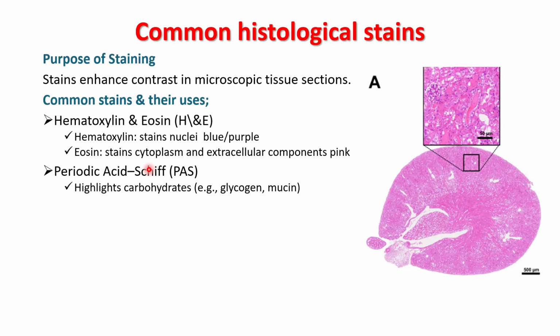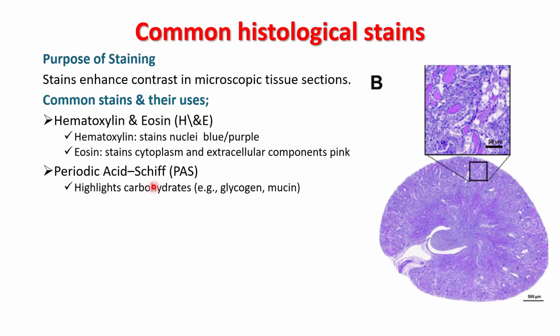The other stain we talk about is the periodic acid Schiff, also known as PAS. This periodic acid Schiff will highlight the carbohydrates. Most of the time you use it to check glycogen and glucose. Also, don't forget about mucin and the other types of carbohydrates, starch. It will stain more dark, as you can see here. It is the same cross-section of the kidney, but it's staining differently, dark, because you want to observe the carbohydrates that are present